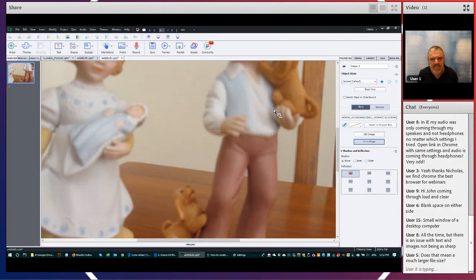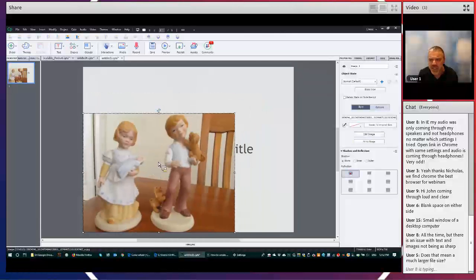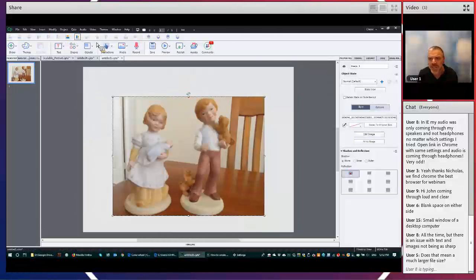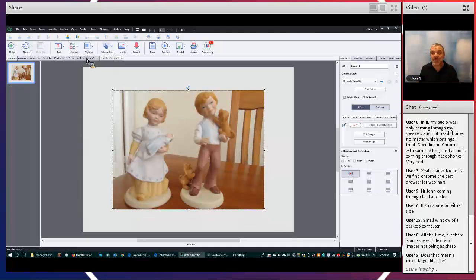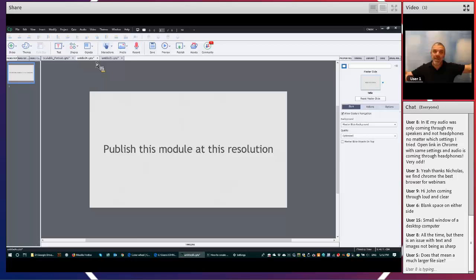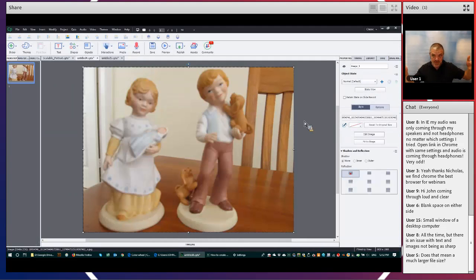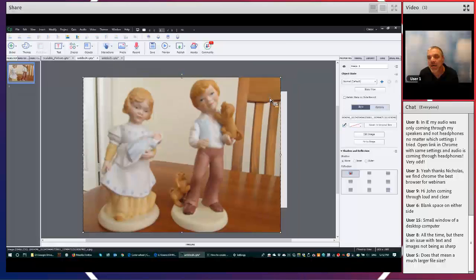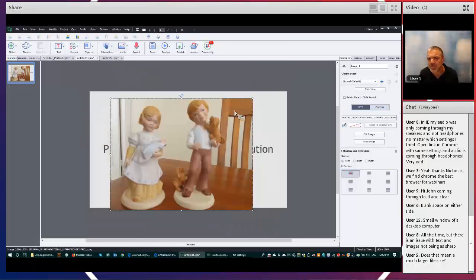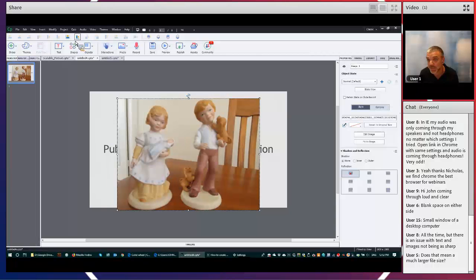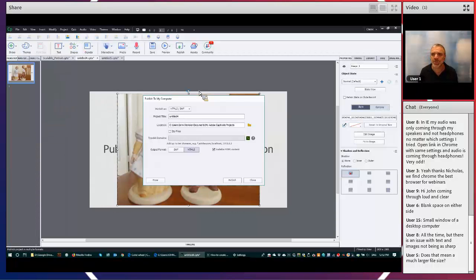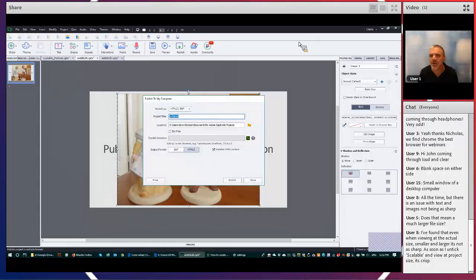Okay, so Nicholas, to answer your question, when you go to create your content or your blank project, what I actually suggest is you make the actual canvas size really big. So when you bring objects in, for example, if you're going to do a landscape scalable project, you'll see I've actually set up a custom option here, which is 1920 by 1080, which is actually the resolution of my monitor at the moment. So if I was to click on OK,